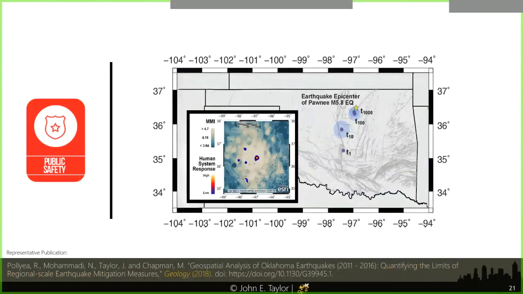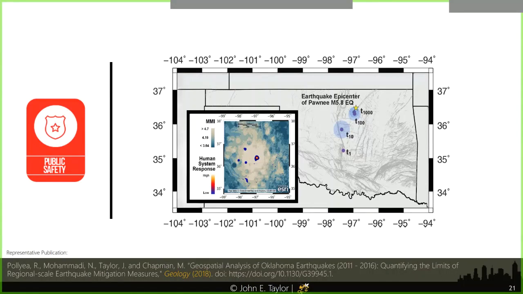The second area of the smart city pillars is public safety. Here we've developed a digital twin of the Earth system in Oklahoma together with a geologist, and we're linking that to the human system. So how are people moving around? How are people communicating during an earthquake? And interestingly, we found that